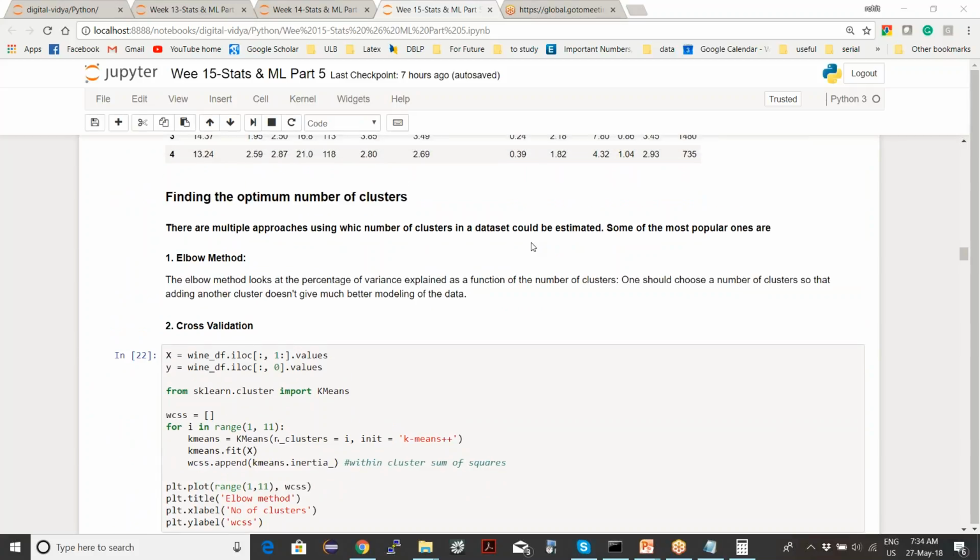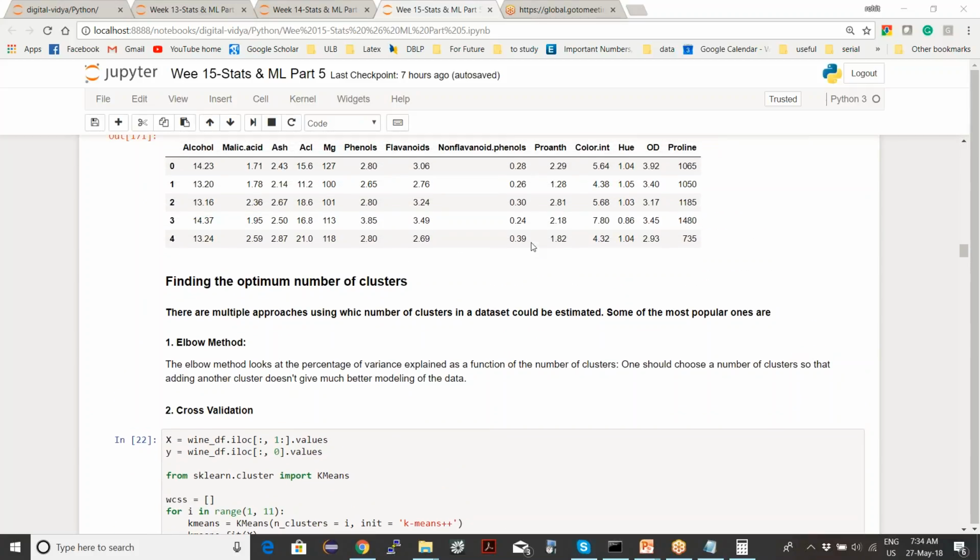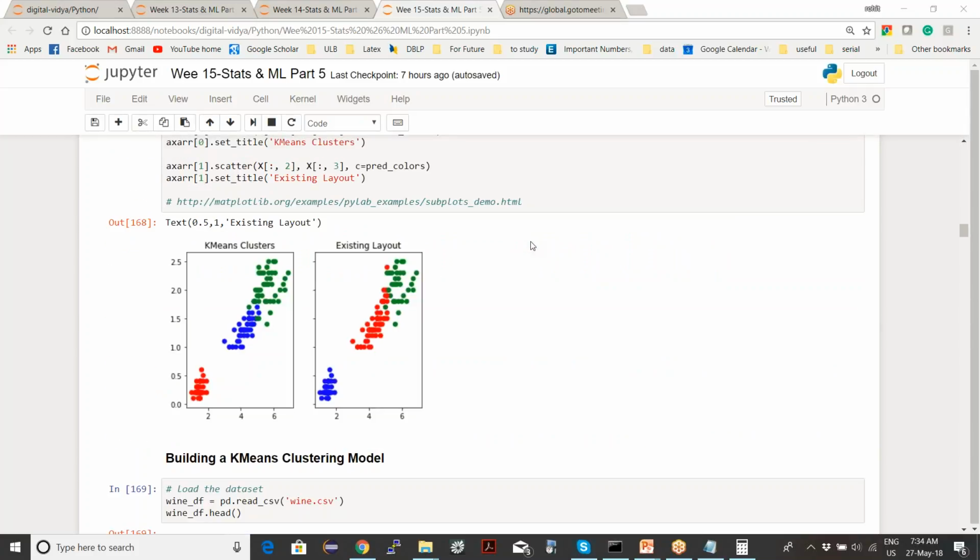Now the important question is, if you already knew k, then it's okay, but what if you don't know how many groups there are? One approach is to try different values of k and see how the clustering is happening, and then go to each cluster and see if it makes sense, either by visual representation.